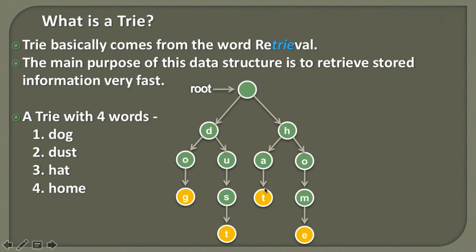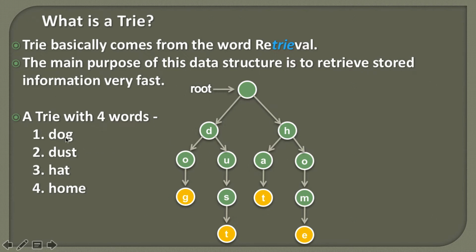Below you can see the symbolic representation of a trie data structure. Here you can see that the green circles are nothing but the trie nodes, and multiple trie nodes form a trie. You can also see the topmost node is empty, which is pointed to by the root. So the root points to an empty trie node, and from the root the other words originate.